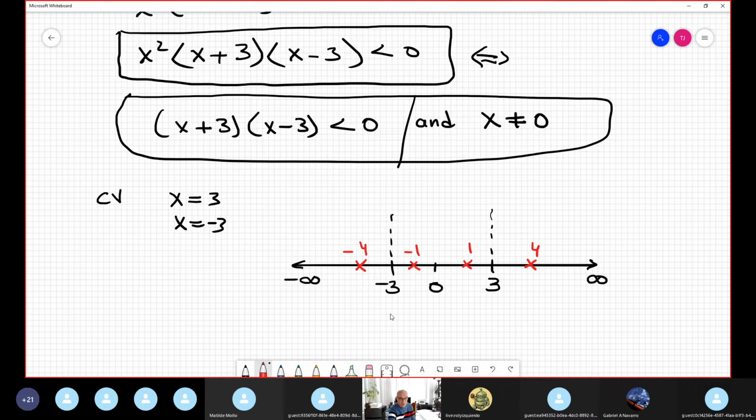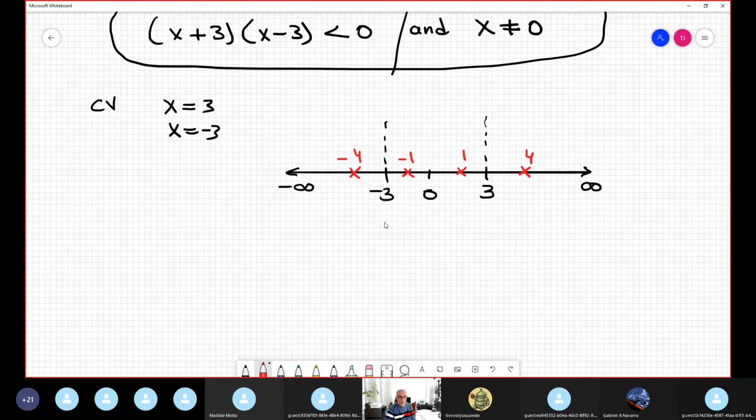The 0 I consider separately. I create a table. Actually, you don't need negative 1, only one guy in this interval. Actually, we have 2 partitions, 3 testing points. If it's 1 or negative 1, it doesn't matter. Okay, so the testing points in the table